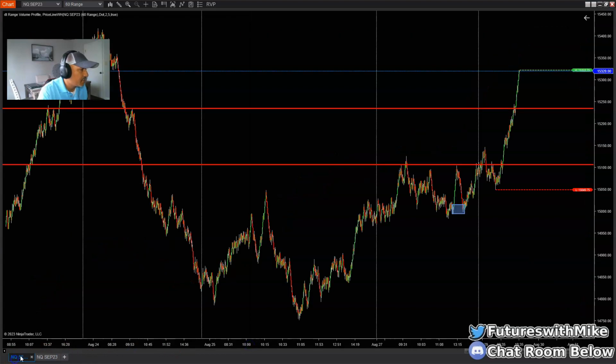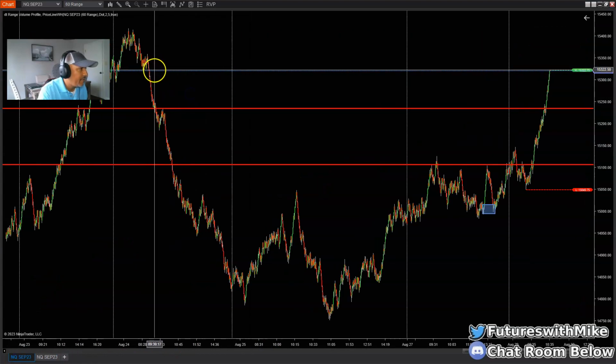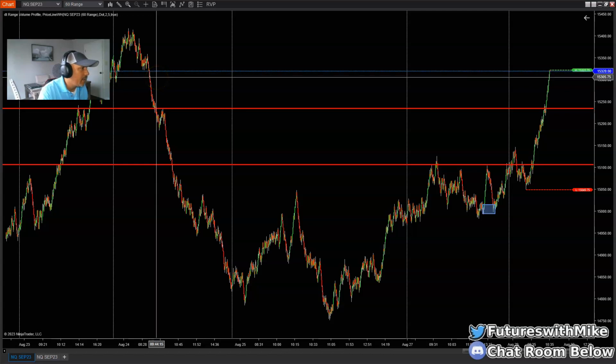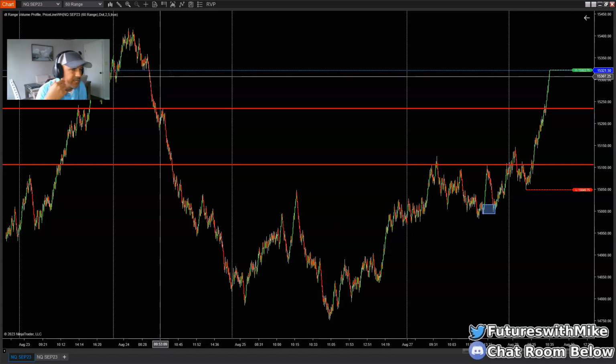Let's go back to the 60 range chart. See it? That was the area I was aiming for right here. Had I left my original TP sitting here at, I think it was 05 or 06 area, somewhere around there, I probably could have picked up 27, 28 points on the NASDAQ on that trade right there. But I started seeing it pull back some. I went ahead and got out.